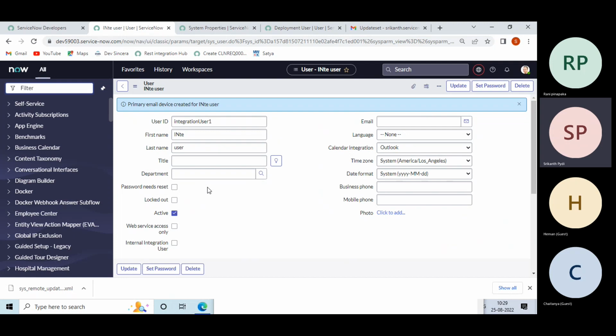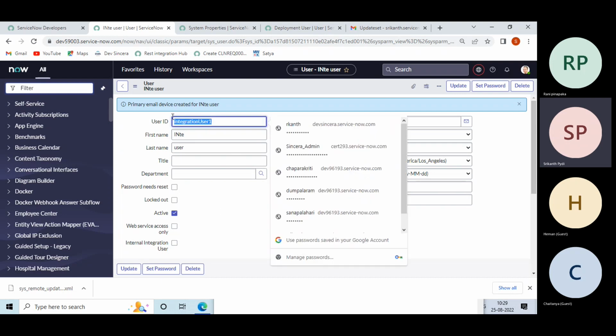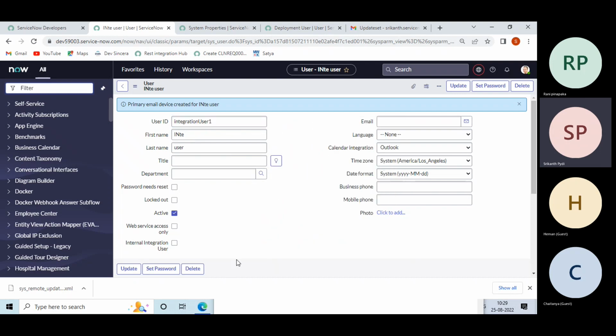In that scenario, because multiple people are working on the same instance, eventually there will be a difference between the dev system and the QA system, and similarly between the QA system and the production system. Tomorrow, if you want to debug something on the production system and these systems are not in sync, you will not be in a position to provide a proper fix. To avoid these errors, what we do in real time is make sure